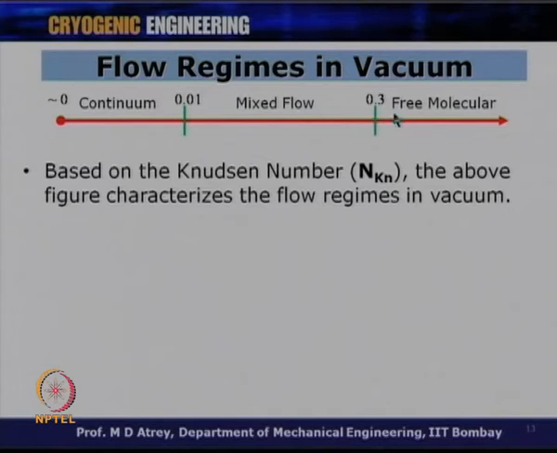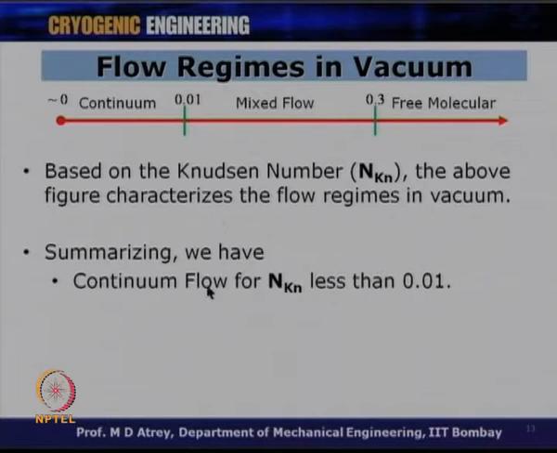My molecules are in a free molecular flow region here, they are in the mixed flow regime when the Knudsen number is between 0.01 and 0.3, and if the Knudsen number is less than 0.01, I am still in the continuum region. Here the lambda value is going to be very, very small compared to the characteristic dimension of the container. Summarizingly, we have continuum flow for Knudsen number less than 0.01,